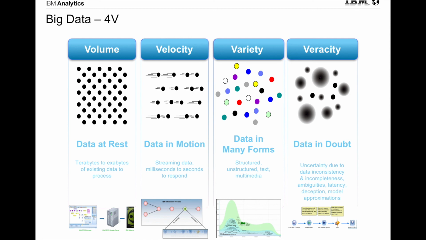Finally, veracity refers to the data getting bigger and bigger and being produced faster and faster. When collecting data, we will find some errors or some incomplete data. So this is big data's four Vs. I think big data's concept is difficult to define, but with the 4Vs we can find what is really big data.